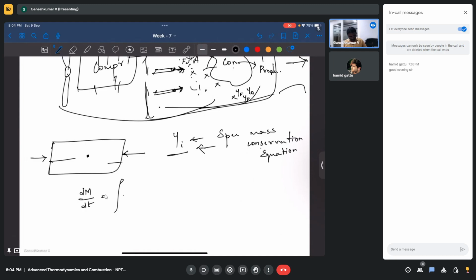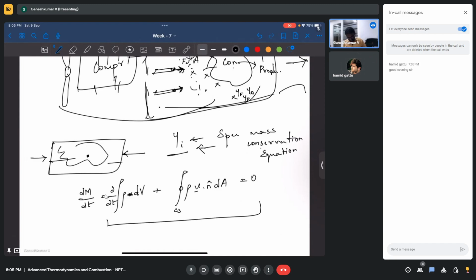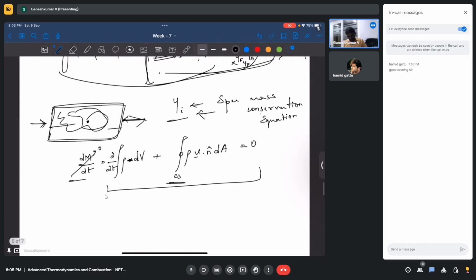So you can write integral of ∂ρ/∂t dV, plus integral over the control surface of ρ v dot n dA, equal to 0. So this is the integral approach, and in this case you don't consider what is happening inside. This part is 0 because the system is 0, and you just consider how the volume changes, what is entering the control surface and what is leaving. But if you want to know what is happening inside, what you do is you take this differentiation inside